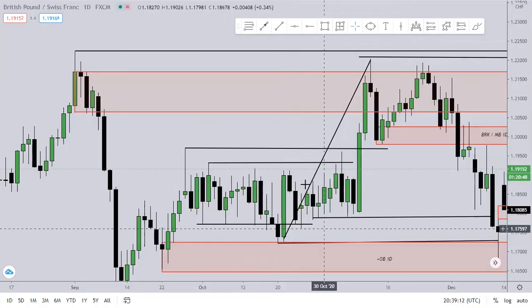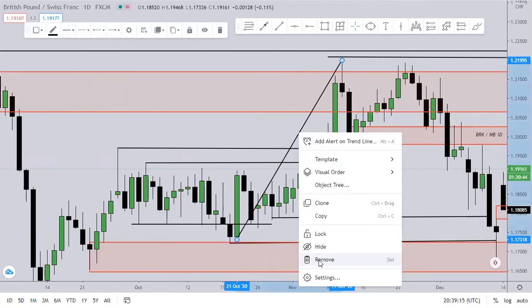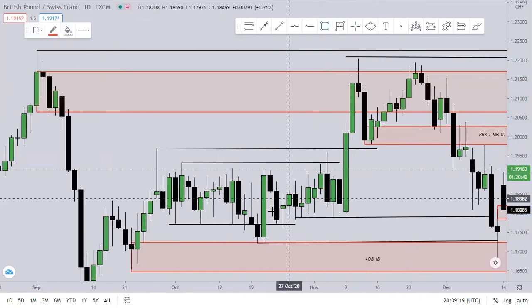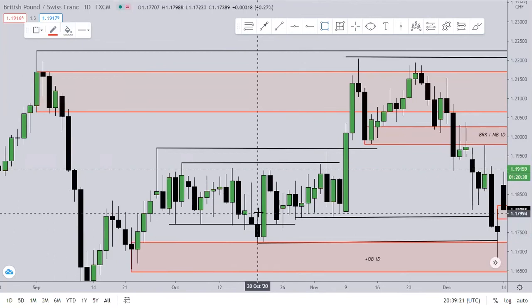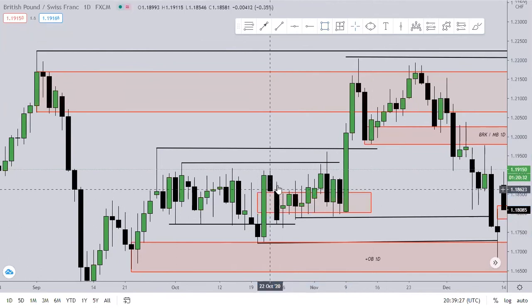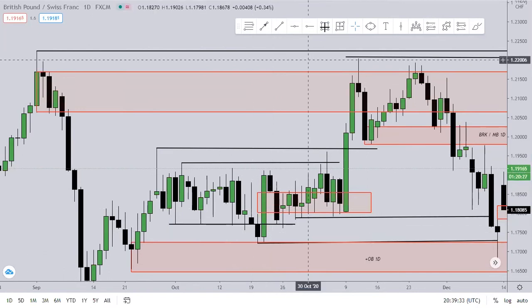Now, when that spike happened, you have to take all these things into consideration. After that spike happened, a fair value gap was formed. Look, so there was inefficiency. So the market has to come down to correct that imbalance. So they came back to fill that fair value gap